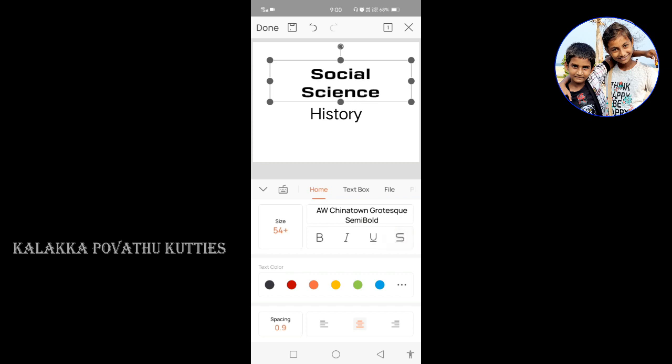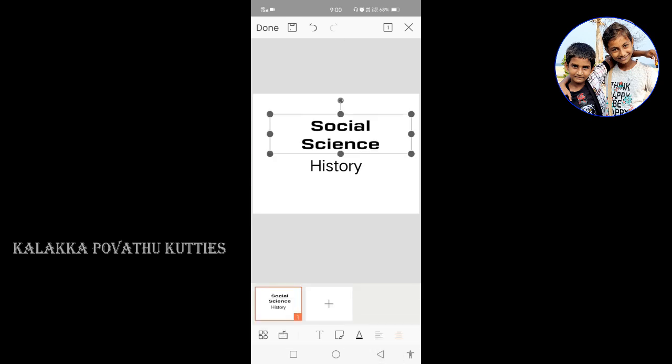See here, this symbol is shadow. So if I give that, the shadow is seen there. See there? Now the shadow is not there. Now the shadow is there. And another